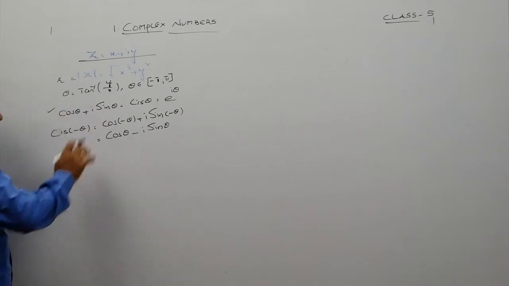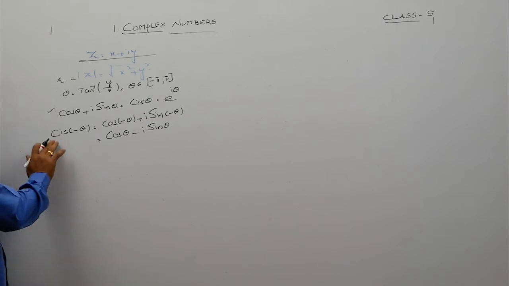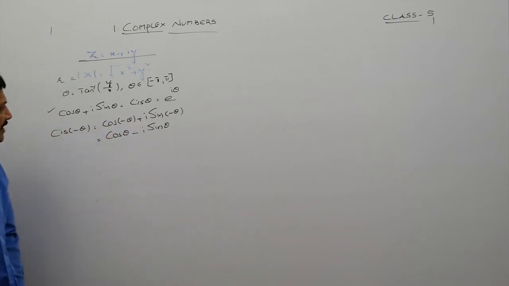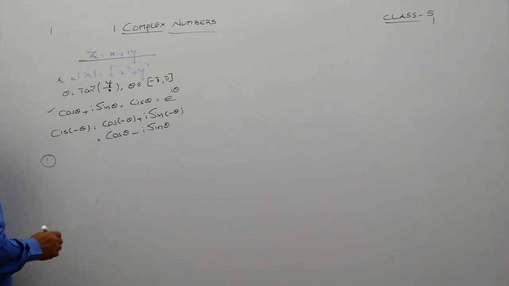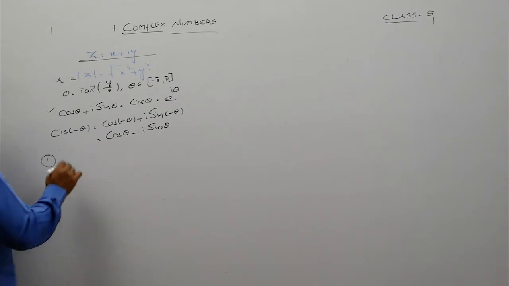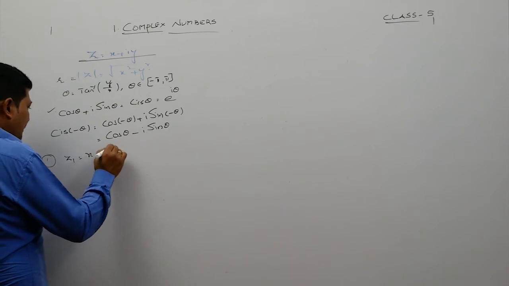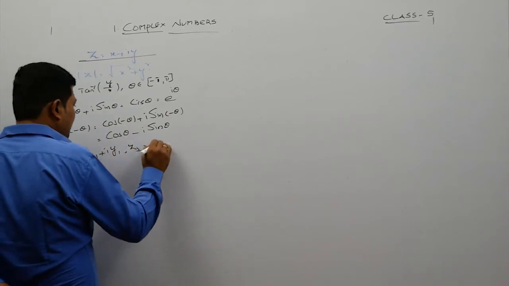cos theta plus i sin theta is equal to cis theta, which is equal to e power i theta, and here cis of minus theta is equal to cos of minus theta plus i into sin of minus theta. And here we are having some important discussions about this. So here the first one to discuss is if z1 is equal to x1 plus iy1 and z2 is equal to x2 plus iy2,